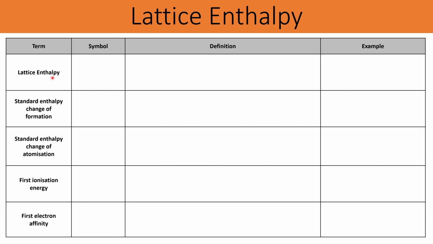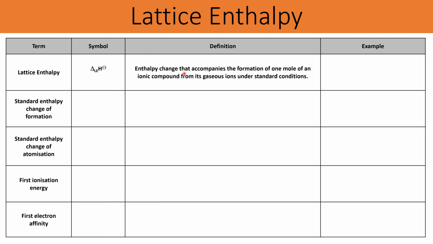So to begin with, we've got lattice enthalpy, which is given the symbol delta LEH. Now anything with delta H means enthalpy change. The LE stands for lattice enthalpy, and this little symbol here means that it's done under standard conditions. Sometimes the H is written before the LE or whatever other symbol you put in there. Both are correct. Now the definition for lattice enthalpy is it's the enthalpy change that accompanies the formation of 1